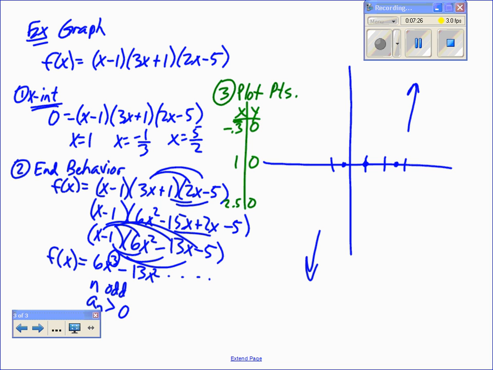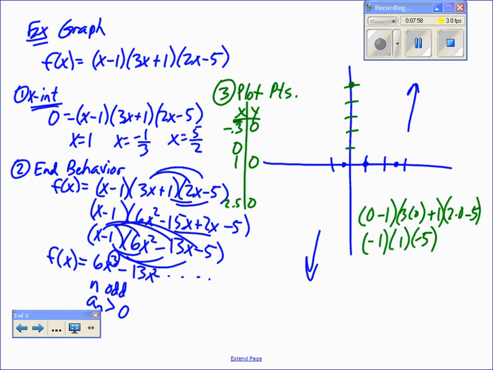Let's plug in 0. So if you plugged in 0, 0 minus 1, 3 times 0 plus 1, 2 times 0 minus 5. So we got negative 1 times 1 times a negative 5. So it ends up being 5. So 0, comma